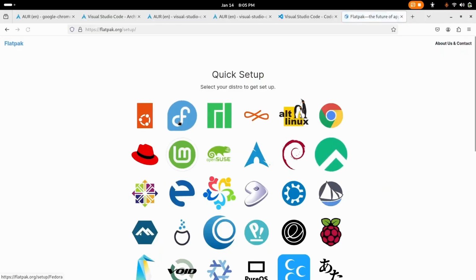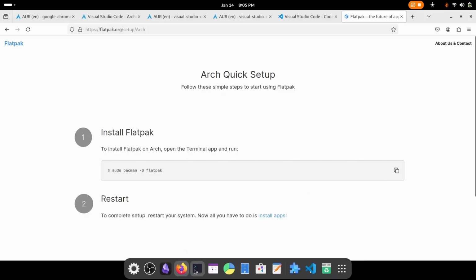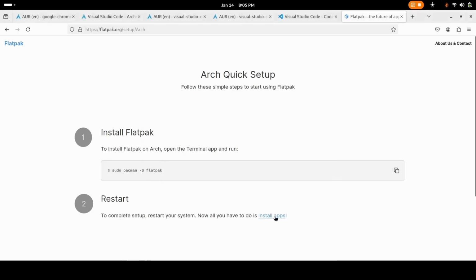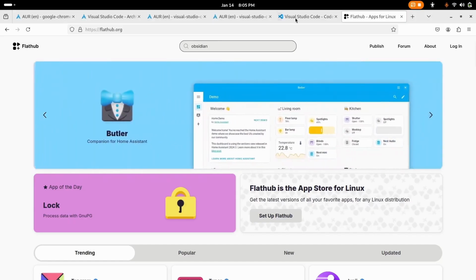Get started with app, choose your distribution. We are using Arch, so I will choose this. Copy this command and paste in your console. After this, what you need to do, install app. Go to install app. You can type anything. I might need Obsidian to write notes.